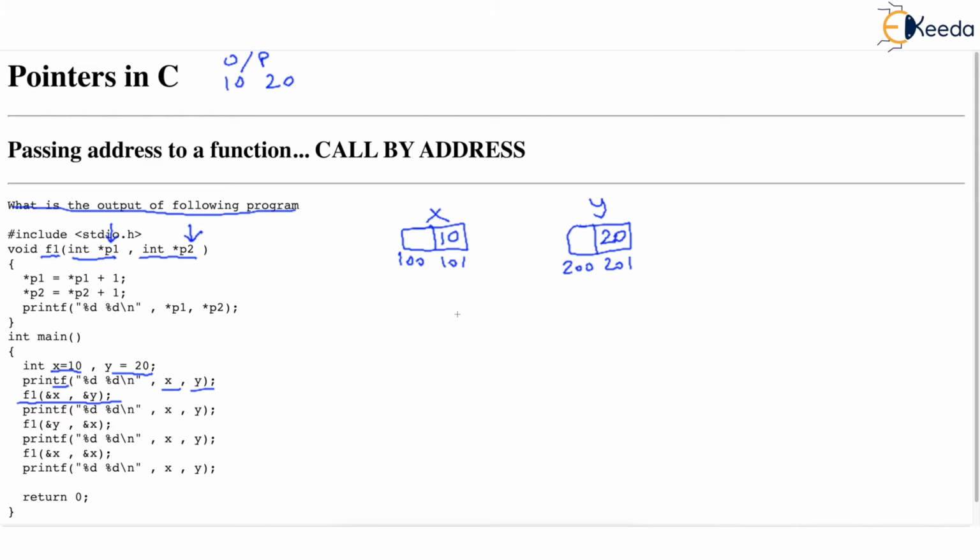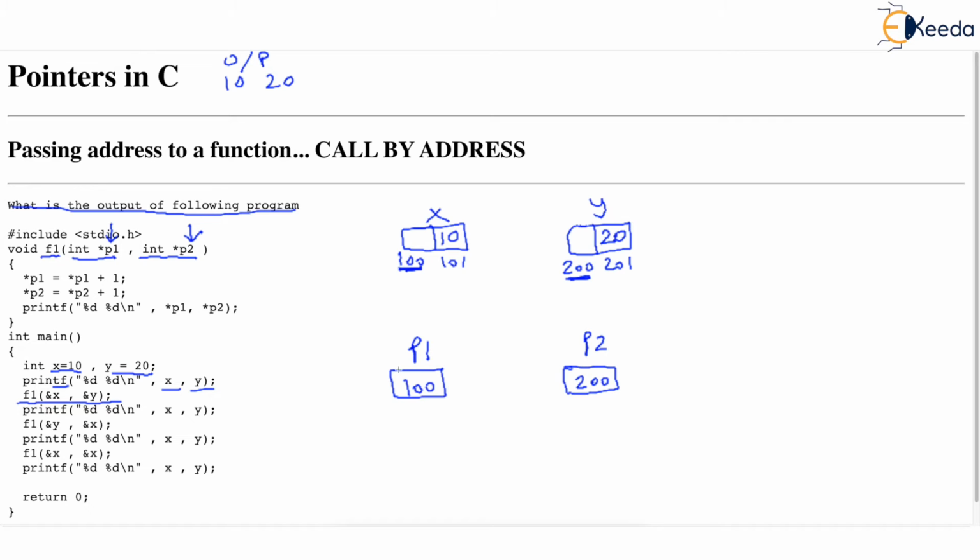So what we can show in the memory is, now there are two pointers in the memory, p1, which stores address of x. Note that address of x is 100, and p2, which stores address of y. Address of y is 200.